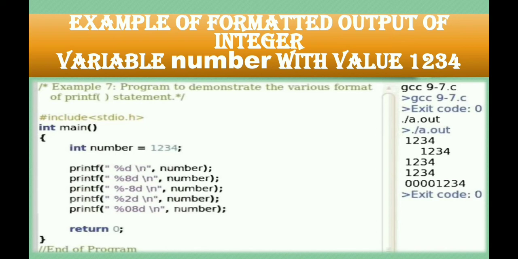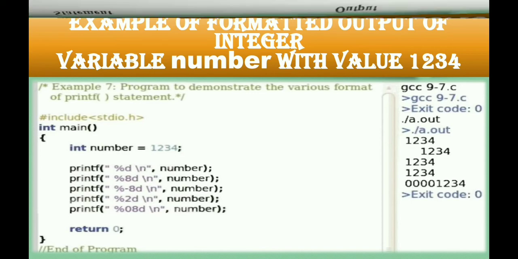So here you have to remember that by default alignment is on the left side. When you are providing the length of the variable, then it will be visible with right alignment. If you want to display the data along with the width and left justified, then you have to use minus after the percentage sign. And if you want to pad the blank spaces with 0, then after the percentage you have to use 0 and then the length of your variable. So I hope you understood this, the example of integer.